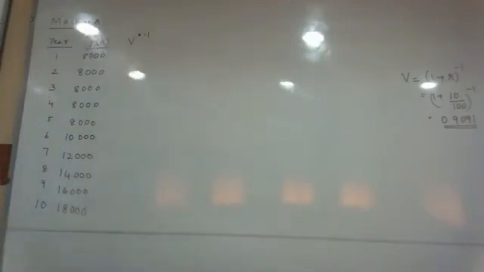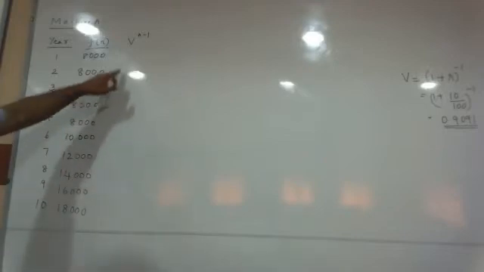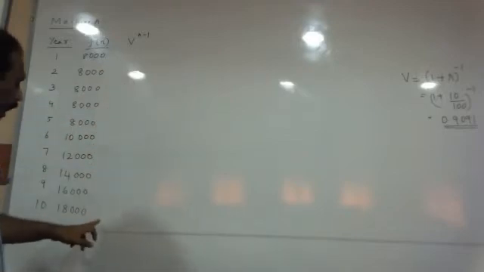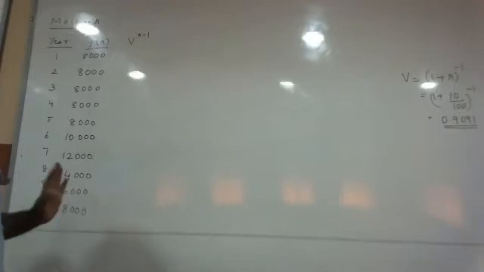So what do you mean by V to the power of n minus 1? For every year I am supposed to find the present value of money up to the 10th year.